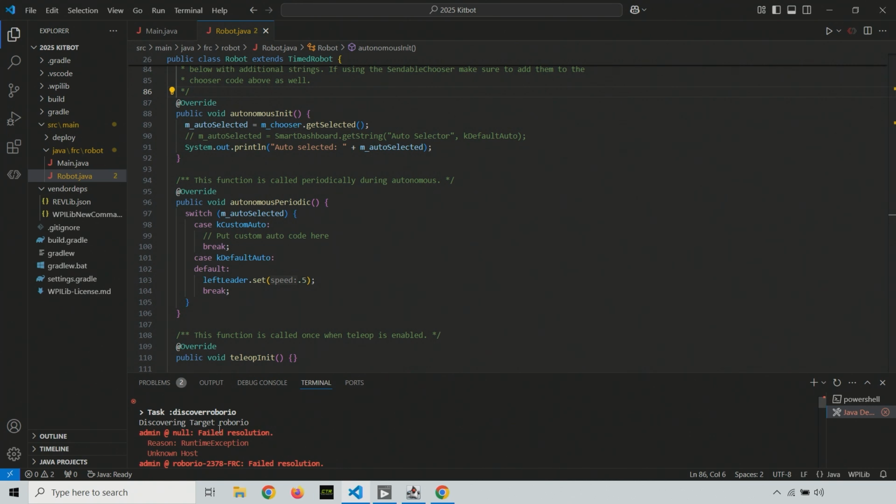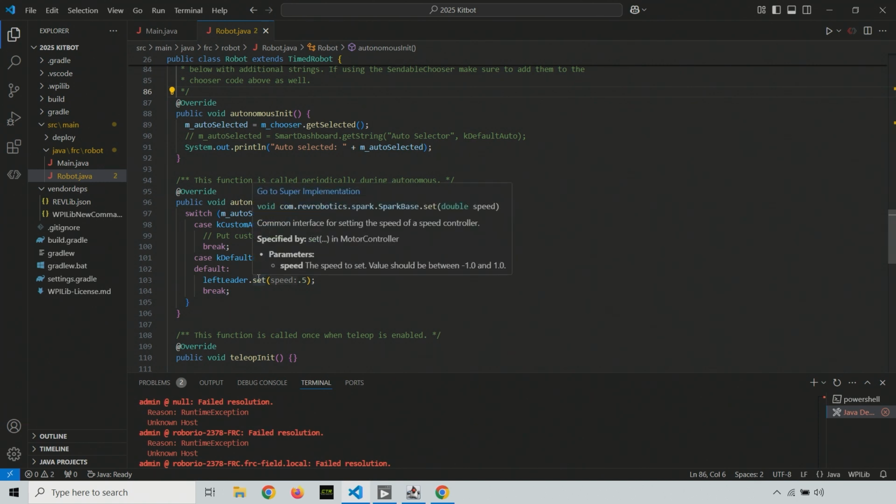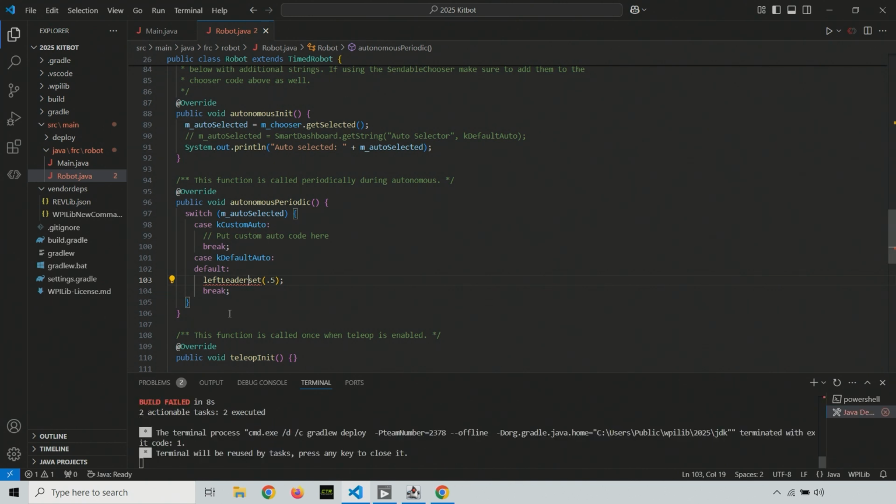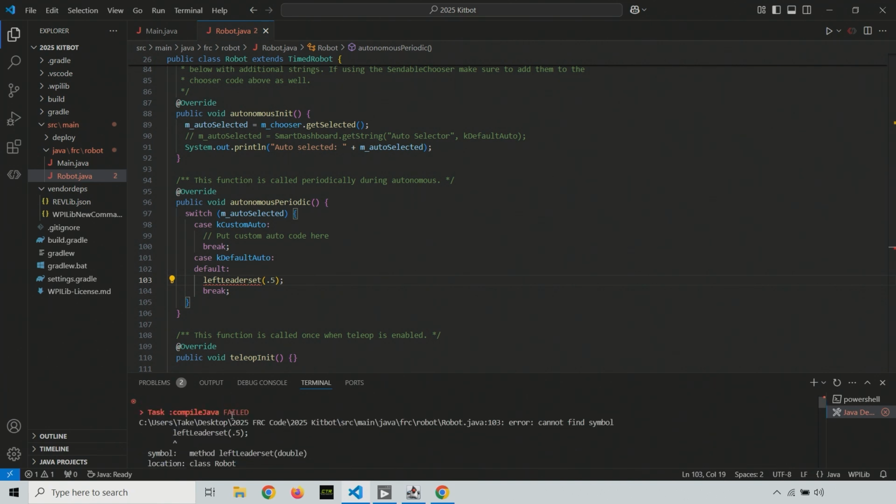Now, the first thing that you would see if, for example, I typed something wrong. So I'm going to break this line of code right here, leftLeader.set, and I'm going to deploy again just so I can show you what that looks like. The problem in this case, by the way, is I don't think it was a code error. I think it was a process error. OK, so if you see something like this, Java failed, and it basically says the file name, Robot.java,